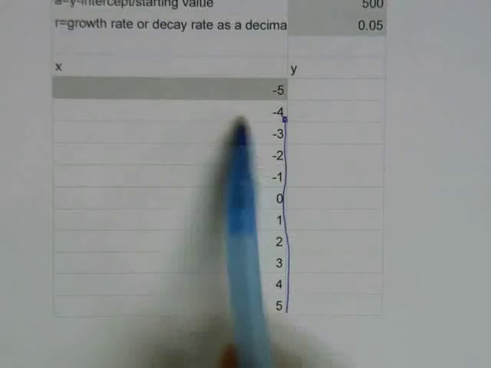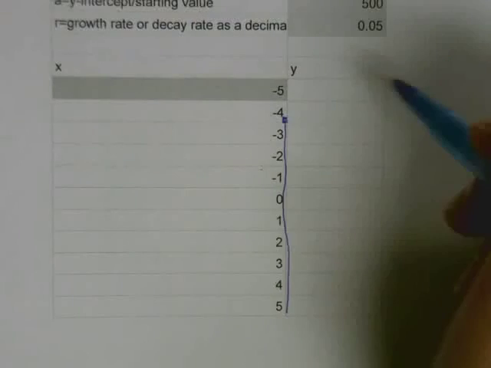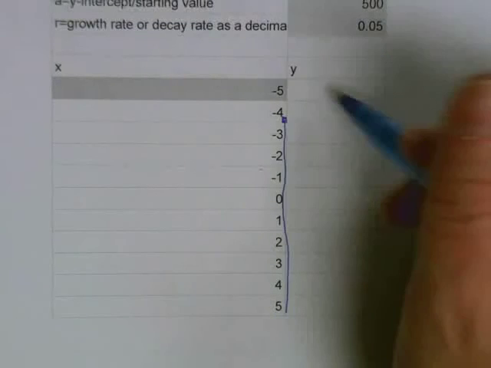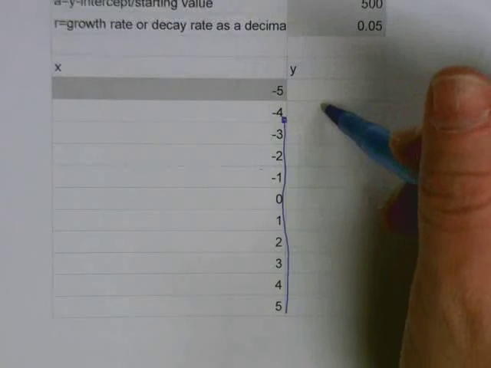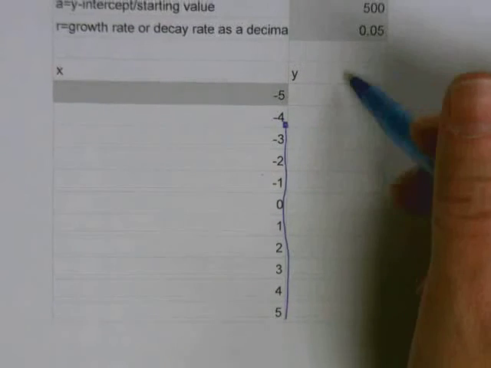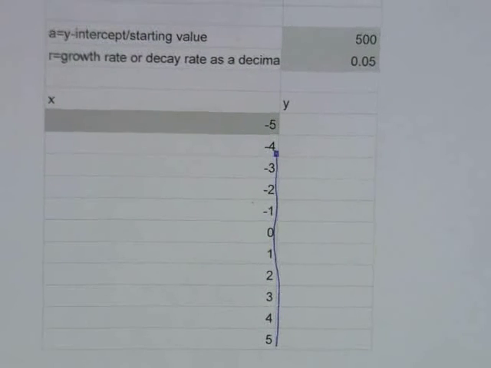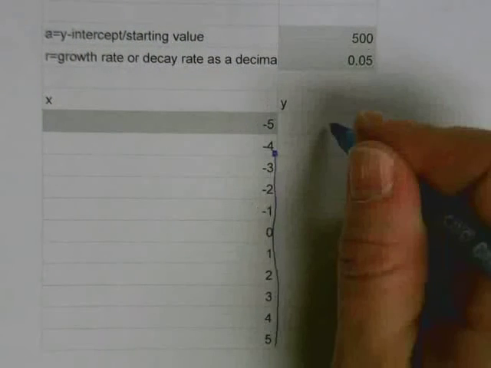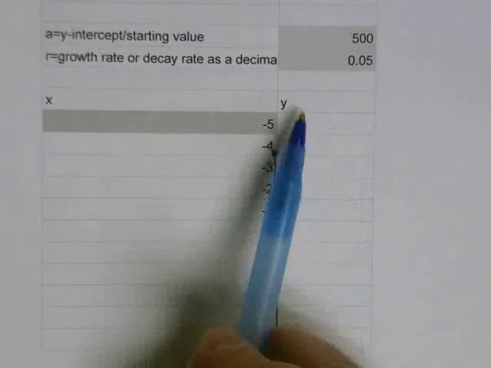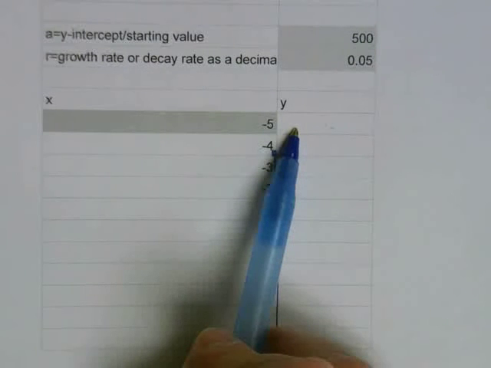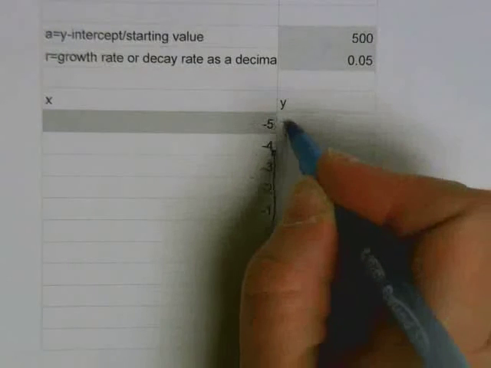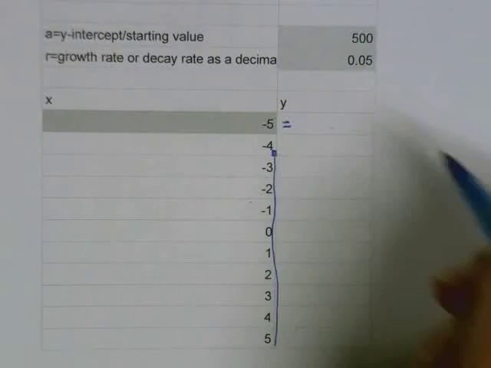When we're done with that, then we are totally set up to tell it how to calculate our equation, how to calculate the y value. So this is where we've got to do a lot of clicking on things, and this is where you're going to want to listen really, really carefully. Okay, go ahead and click your cursor on the box right underneath the y, and we're going to put in an equals. So go ahead and type in equals,